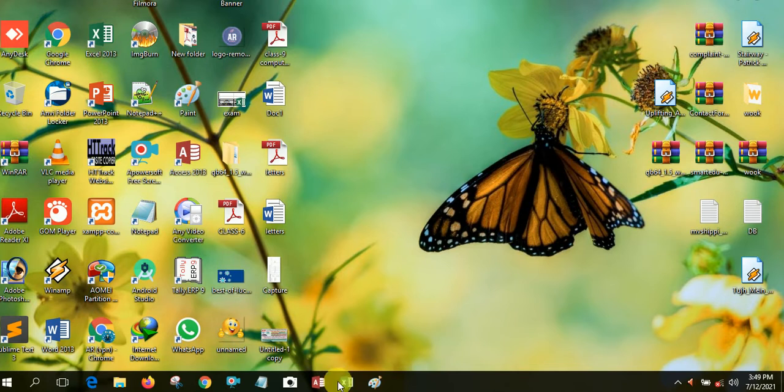But you can see my taskbar is empty. Yes, my taskbar is empty on my computer system. Only one application is running, just the screen recorder. So only one application at a time is in use. Suppose I want to open more than 1, 2, 3, 4 applications or any documents, then my computer will definitely work slow.